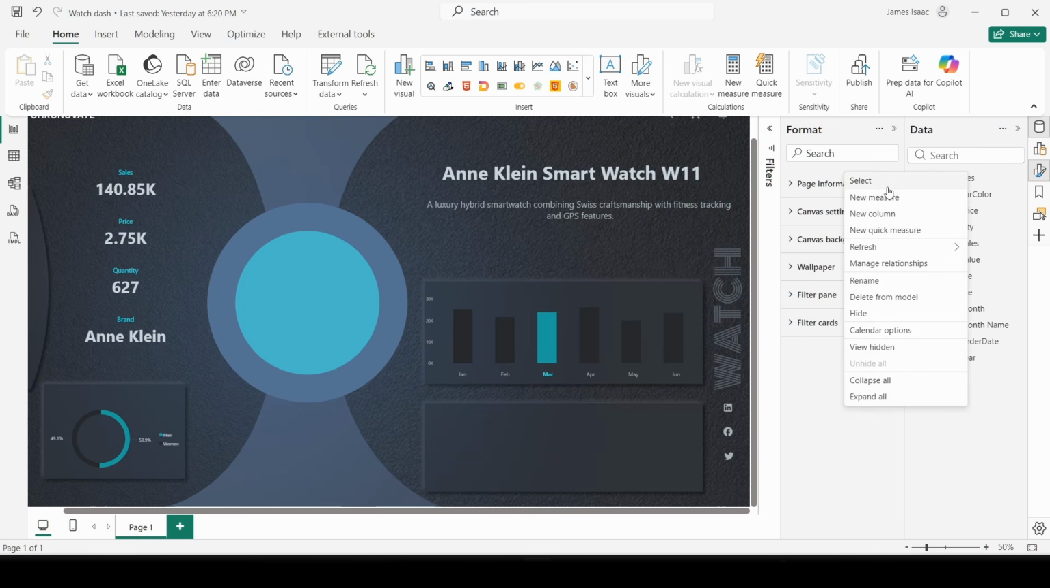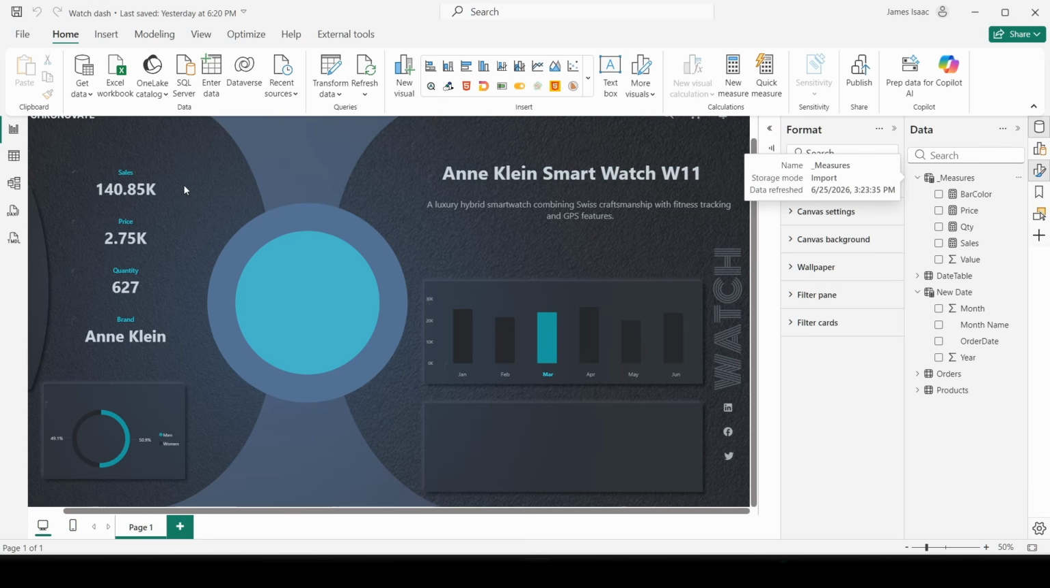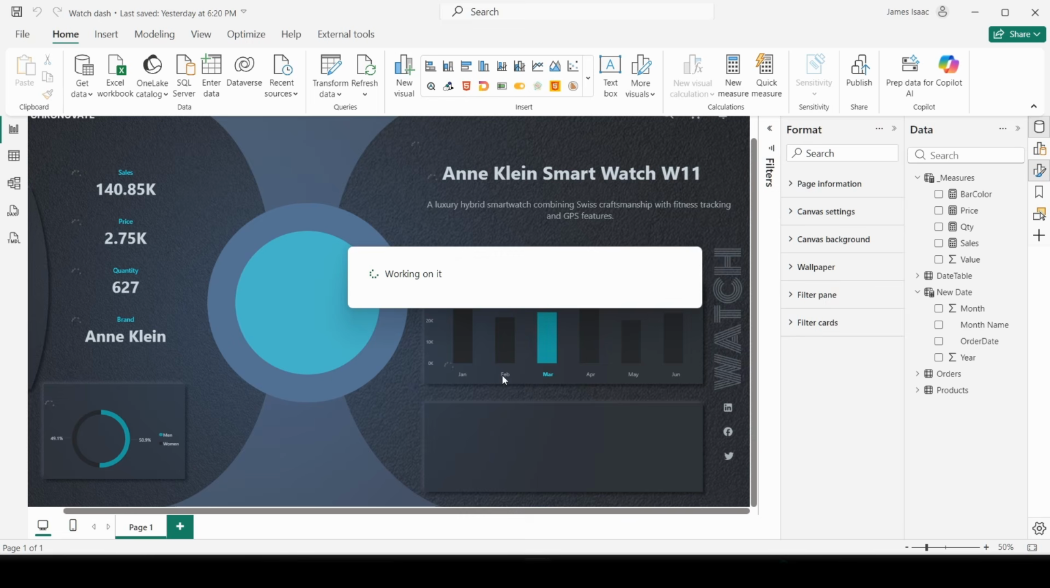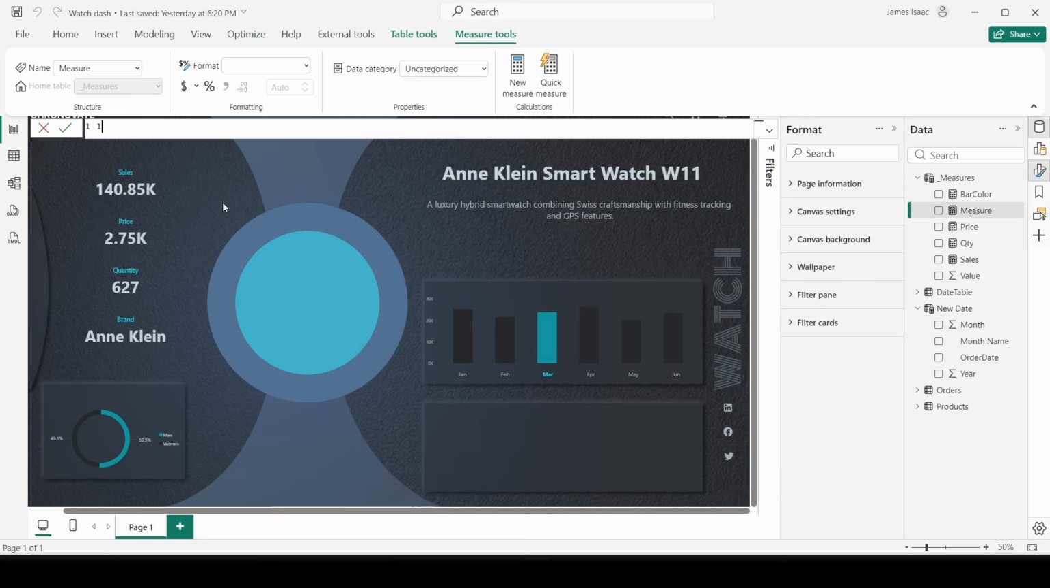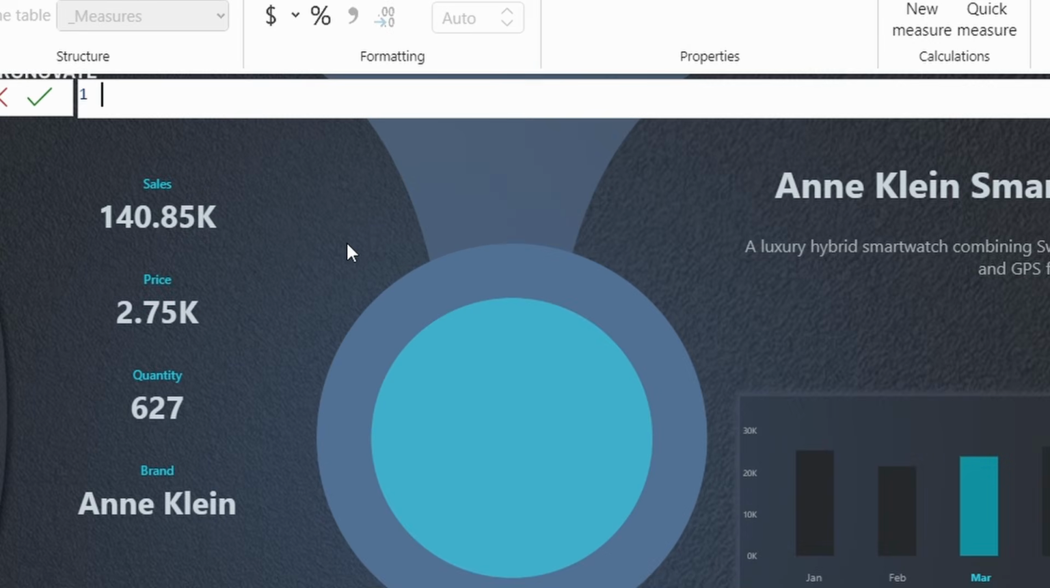For this sales KPI, I want to create another measure, a dynamic sales measure that reads this slicer. It will be connected automatically to this slicer, so whenever we select our month, it's updated automatically. We'll name it Sales Dynamic, equals to,